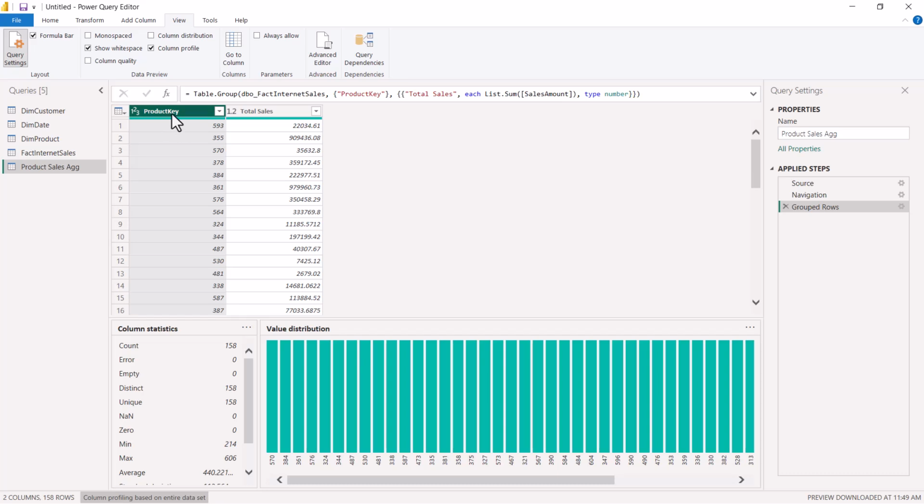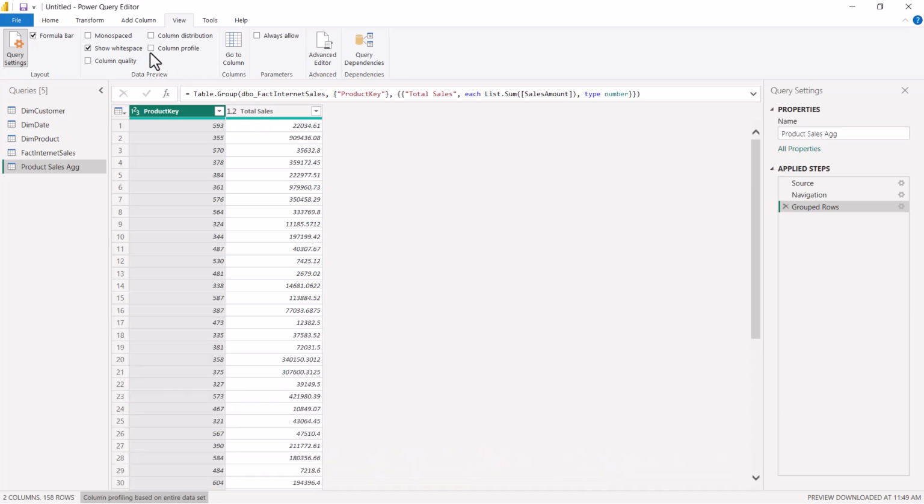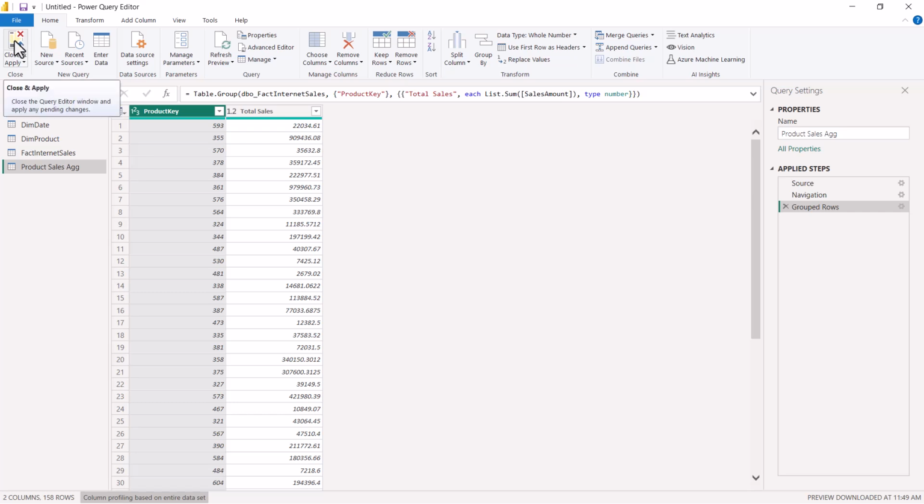Obviously, the group by reduces the size of the table in terms of rows, and now there is just one product key per row, so it has aggregated the total sales, and I have just 158 records in this particular table. This is what I have done in the Power Query editor, and now I am going to press close and apply and go inside the Power BI data model view to see how we can actually use these